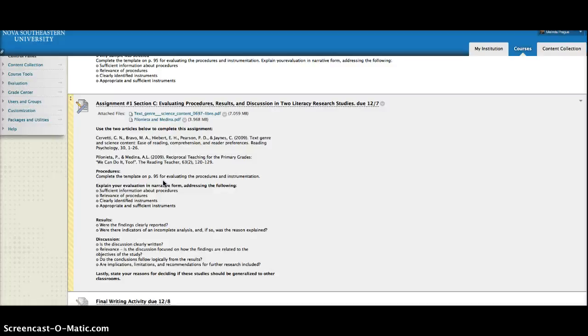Are the procedures relevant for the research questions identified? Are the instruments used in the study clearly defined? And do the identified instruments appear appropriate and sufficient to describe the variables investigated in the study? So I've broken that down for you here, and you can see here it is. And so this deals with the procedures, this deals with the results,